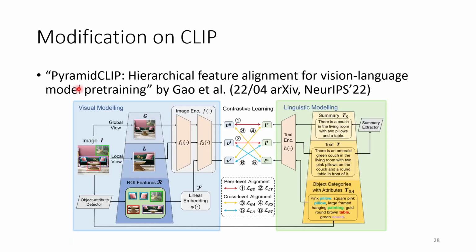So the PyramidCLIP, they propose the method. Given the image, they not only use the image itself, they also create some local view. It means in the text part, they add more details about the image. Okay, and they also